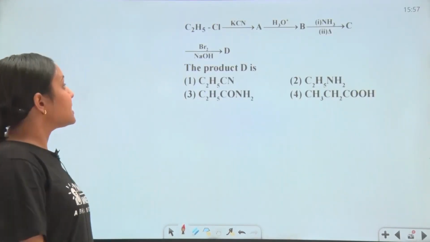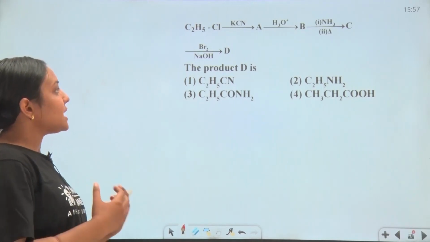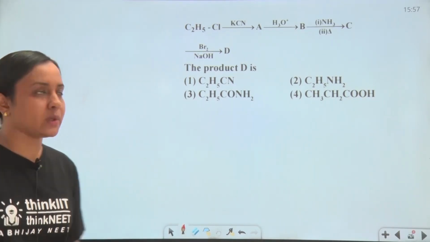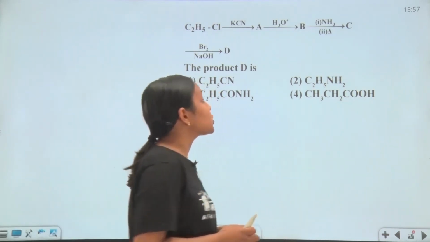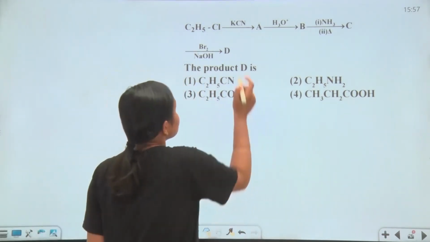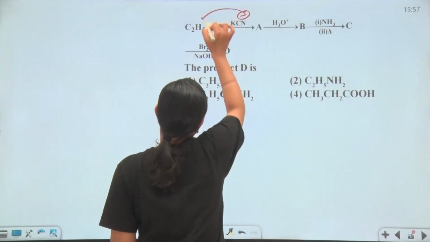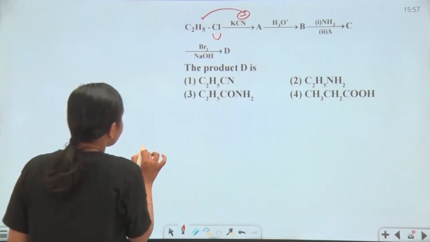Hello dear students, our next question is we have to tell the final product D in this reaction sequence. Clear? So now students, we have C2H5Cl and this compound will react with KCN. CN minus is a nucleophile, it will attack at this electrophilic site and the Cl minus will be released. So our A product will be